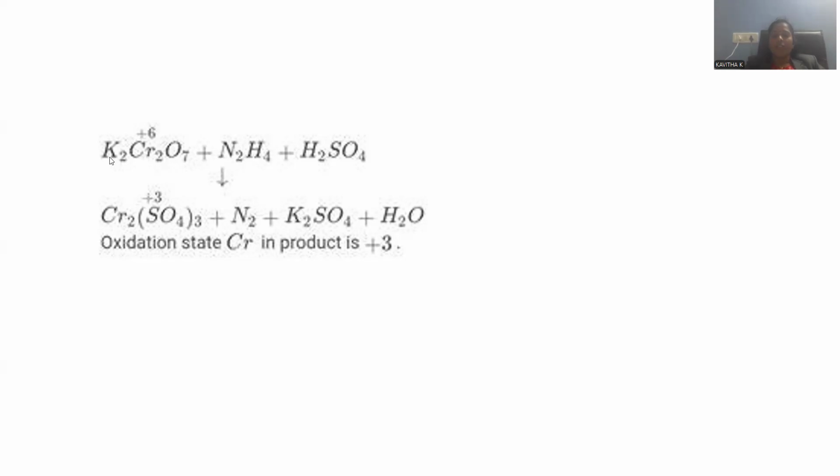This is called hydrazine. Potassium dichromate reacted with hydrazine under acidified conditions gives rise to chromium sulfate. So here potassium dichromate turned into chromium sulfate. Whatever hydrazine we have is converted into nitrogen, so N2H4 turned into N2. The hydrogens are removed, which we can call oxidation. The potassium ions turn into K2SO4, and whatever hydrogens are released get converted into water. In dichromate titration, the common byproduct is water, as you can observe. And +6 will be transformed into +3 under this dichromate titration.